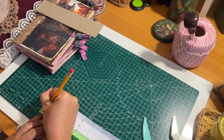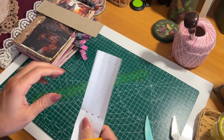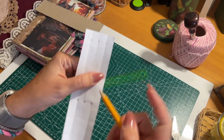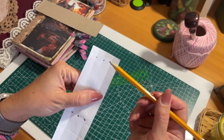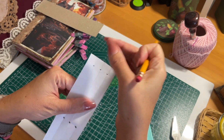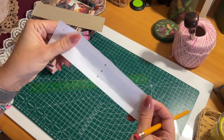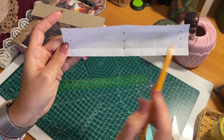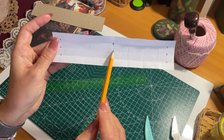Now, like I said, you don't have to do any specific length that you want. I just picked a 1/2 inch because a 1/2 inch is a good amount of paper on top of my top stitch, so that way my stitches aren't pulling out through the cardboard. Okay, so wherever you made your holes on the edges, now we want to find the middle point between here